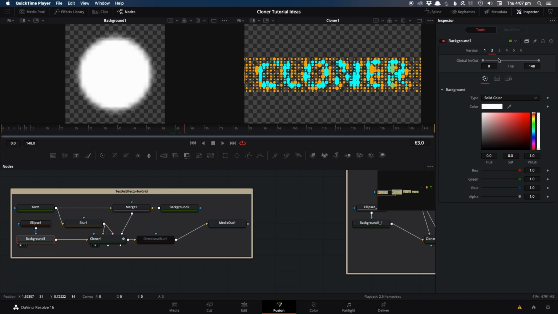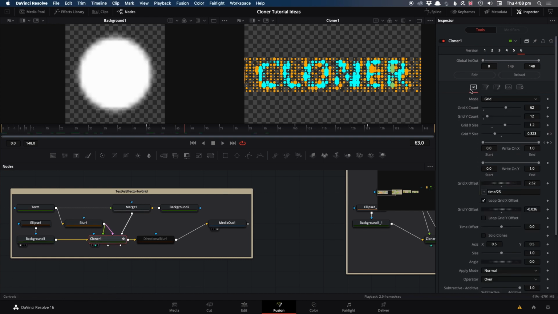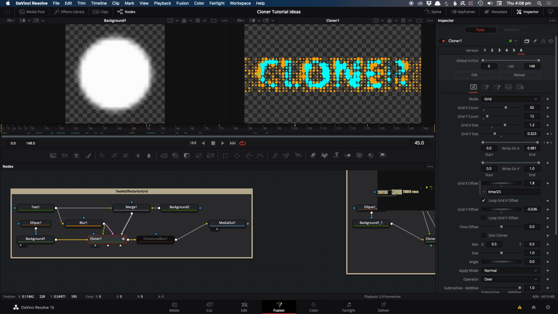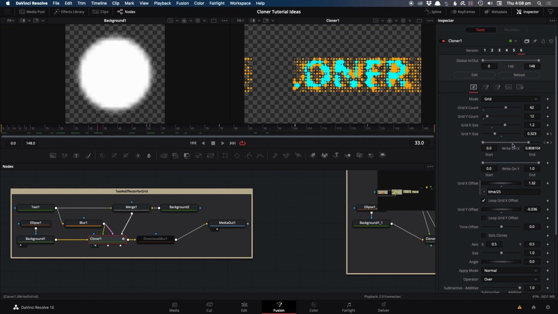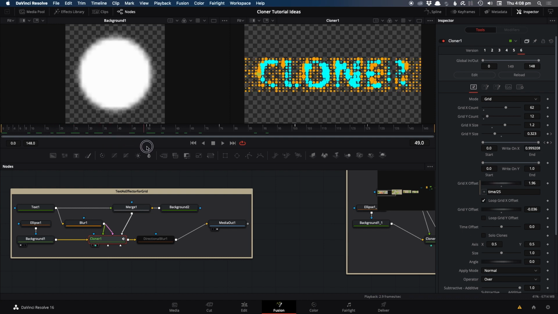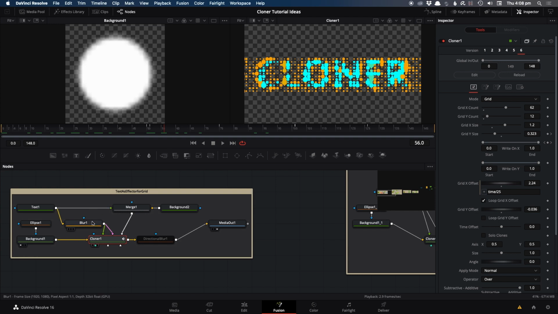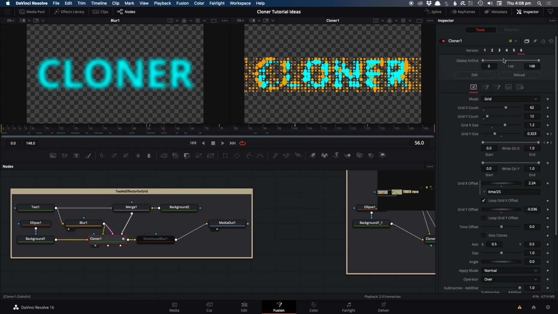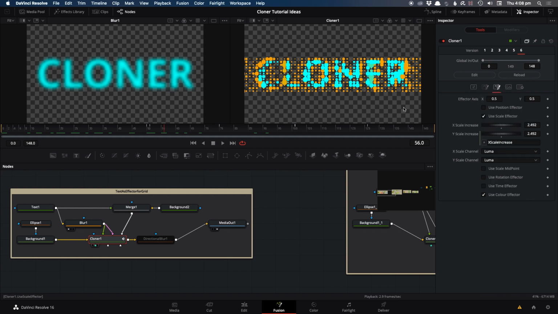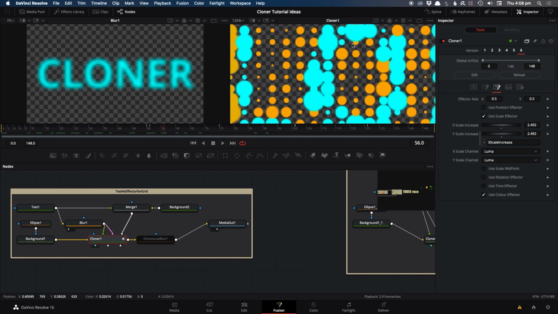This next one is a variation, in fact it's a different version of the previous one. In this case, on the cloner, the X offset is animated over time, but it's set to loop, so the clones are being pushed that way and then coming back round on the other side. But at the same time, the Right On X is animated, so it gets wider and wider and wider. At the same time, this text is being used as a scale effector. So if you notice, they are bigger